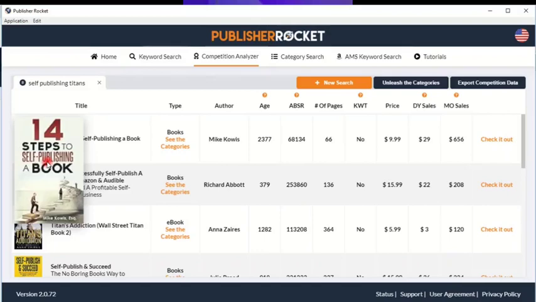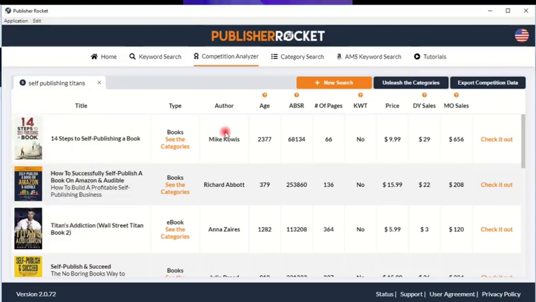Now, you see why you have to stay tuned for my video on keywords, because you can also target your keywords in your title, your subtitle, the 7 backend keywords, or your description. So it's a typical example of this author here targeting his keywords in the back end. We don't know where he targeted it exactly, but I'm sure it's either in the 7 backend keywords or in